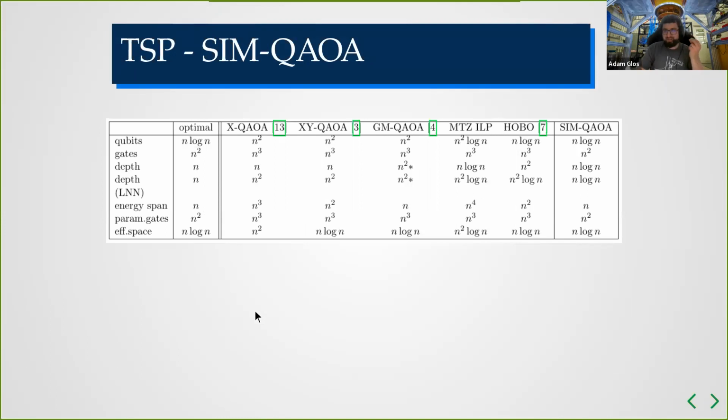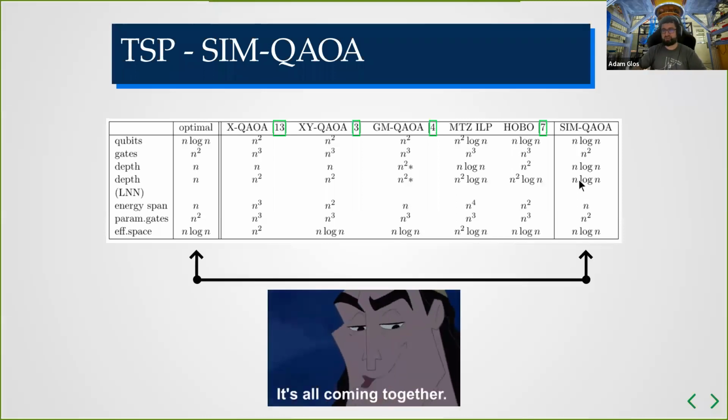The result is twofold, actually. First of all, we created a version of QAOA which is, up to polylogarithmic factors, better than all the ones we presented before. According to our knowledge, this is better than all the existing ones. This is almost because, for example, for depth, there are XQAOA and XYQAOA which don't have this logarithmic factor. Secondly, which is maybe even more interesting,